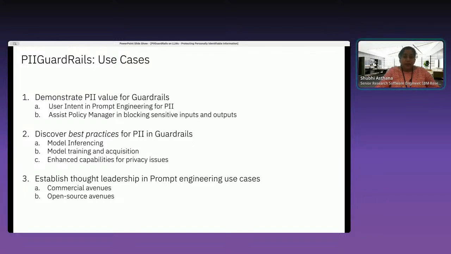The second place where this PII would be of value is that our models are very lightweight. They have low latency and very good throughput. So we have run this on the huge corpus of training data that is going into one of the large language models. And so an AI developer who's actually training these large language models can utilize it to see how much PII data is